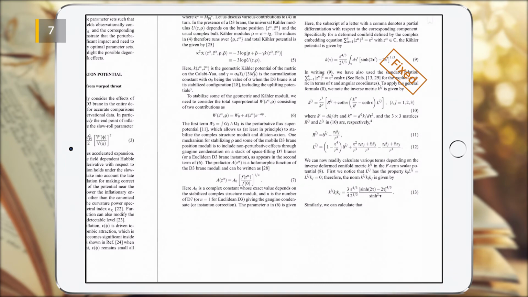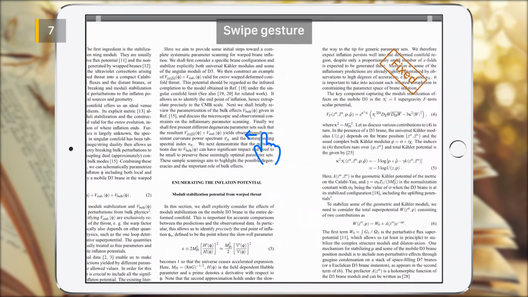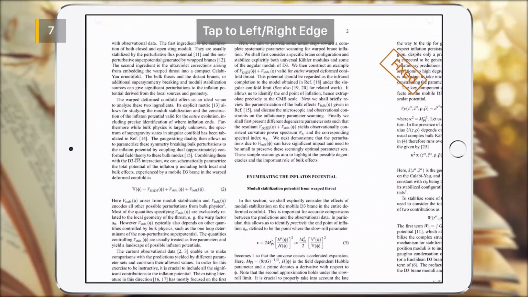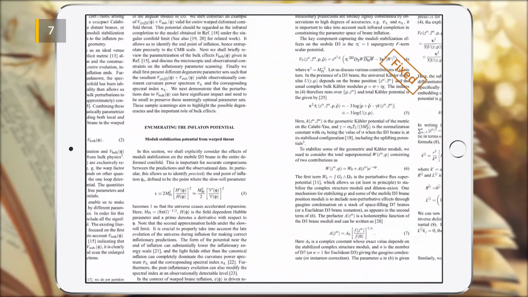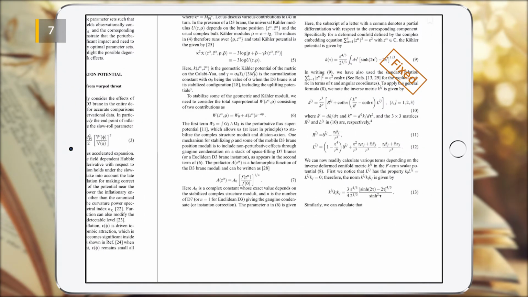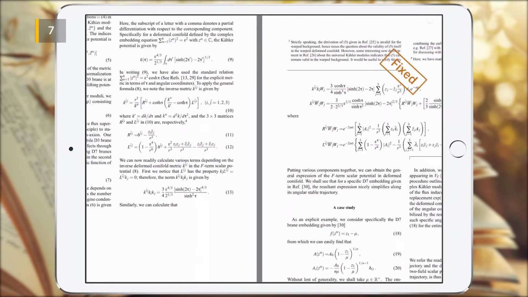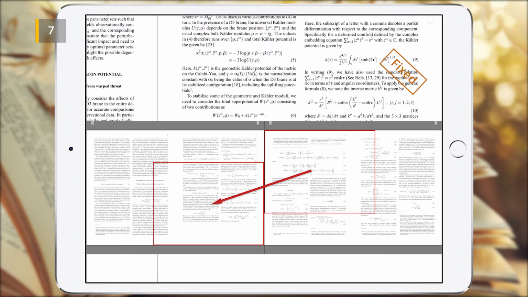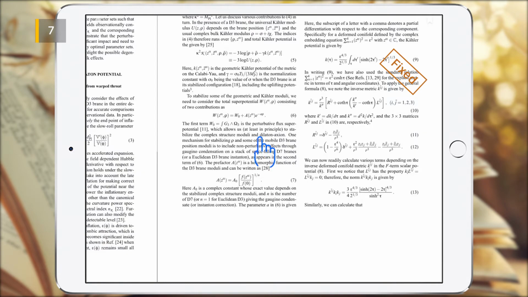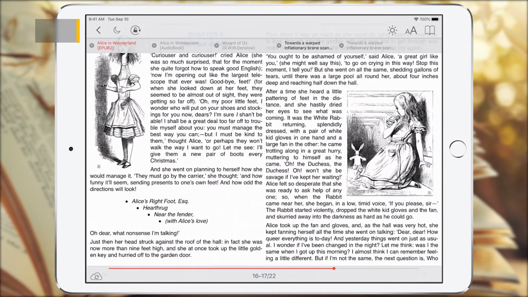If you want to go to another page, then you need to move to the left or right edge of the current page. You can do it with the pan gesture, or as in the case of normal navigation between pages, you can also do it by swiping in the desired direction or by tapping to the left or right edge of the screen. After that, repeat the gesture of the navigation to another page, that is, swipe in the desired direction or tap on the edge of the screen. The top left corner of the next page will be displayed if you move to the right. And correspondingly, the bottom right corner of the previous page will appear if you move to the left. To return to full screen mode, use double tap or pinch.